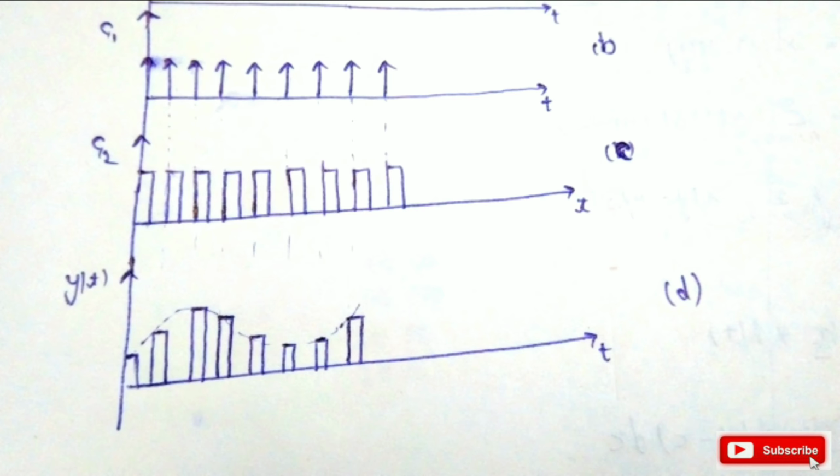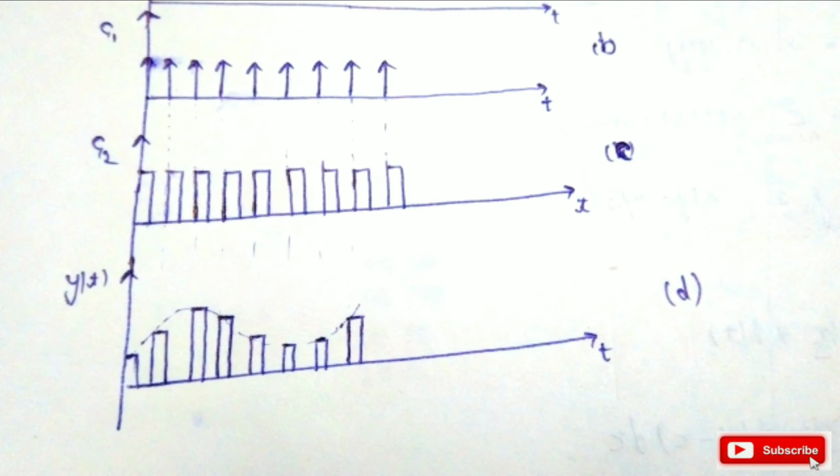To take the sample value of our input signal, we switch on G1 for a very short interval of time, so it is like we are providing an impulse train to G1. And for G2, we switch on G2 for some period of time, so it is like we are providing a rectangular pulse train to G2.